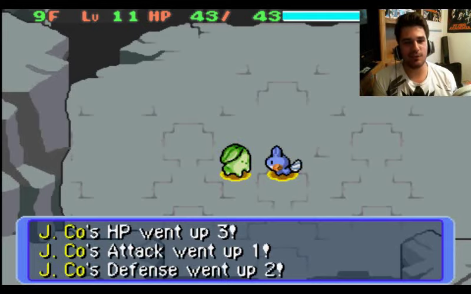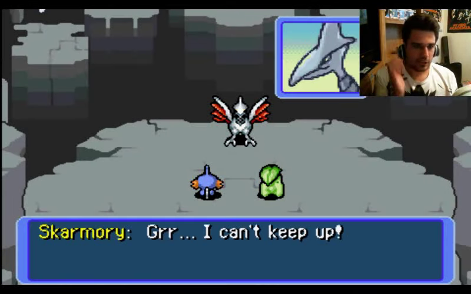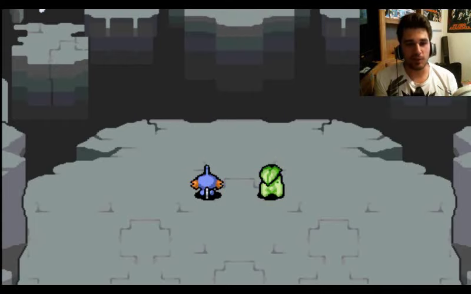Alright, that got a bit sketchy because Jayco is weak to flying type moves, which again is going to be a pain in the butt for us very much later on. Grr, I can't keep up. I'll flee for now. I love the way Skarmory opens his mouth and flies away. He's like,